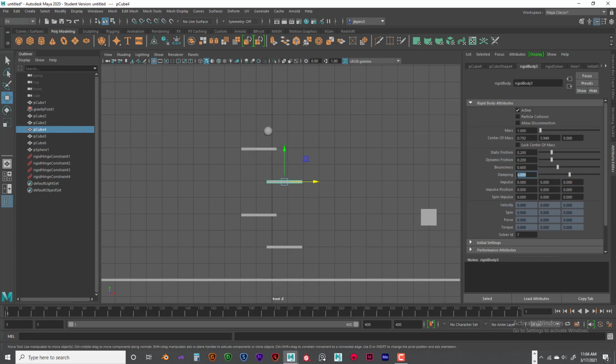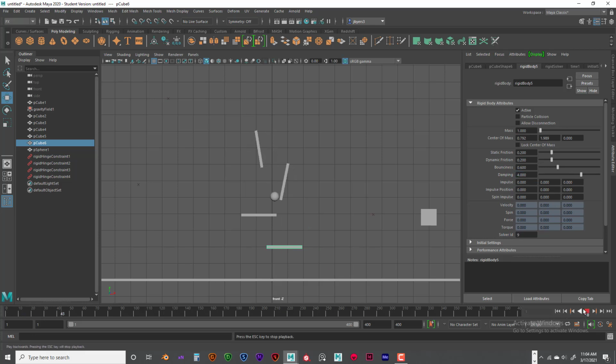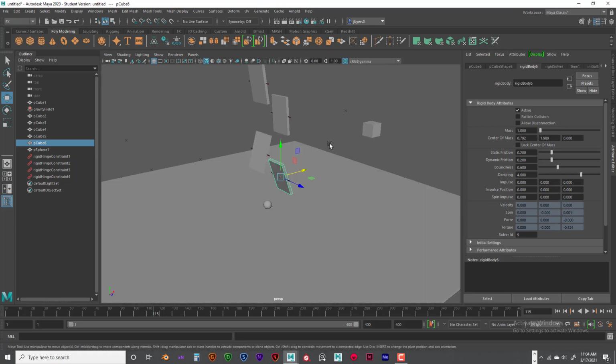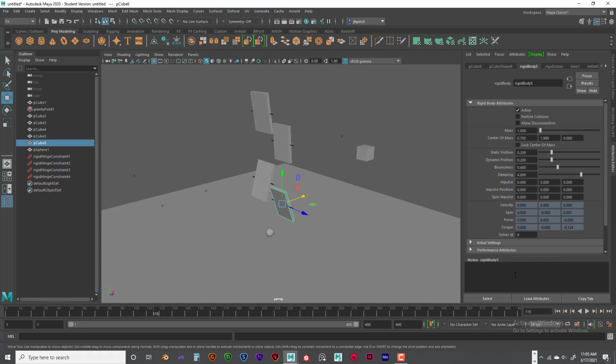And I'm going to bring this up pretty high. I don't want those spinning around, so I'm going to do those up to 4 and make them a little bit more realistic than they are. So there we go. Let's say they got a little bit of resistance, which is nice. And you could even add more if you want to. Okay. And of course the ball, you can also change